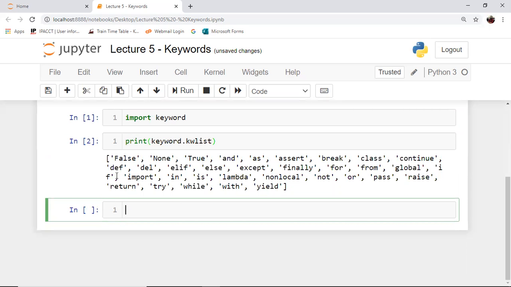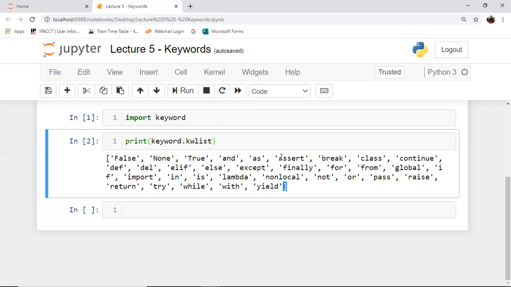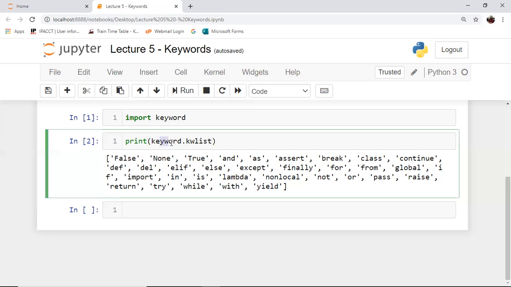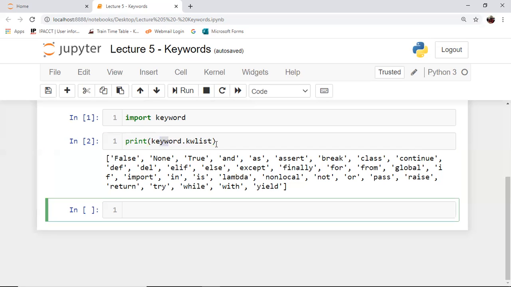So you can see that all the keywords that are available in Python have been printed, and they're enclosed within this pair of box brackets. Whenever you have items enclosed within box brackets, it means that it is a list. So this is a list of keywords. Again, list is a topic which will be taken up later onwards. For now, just understand that we can get all the keywords that are provided in Python by using the kwlist attribute of the keyword module.